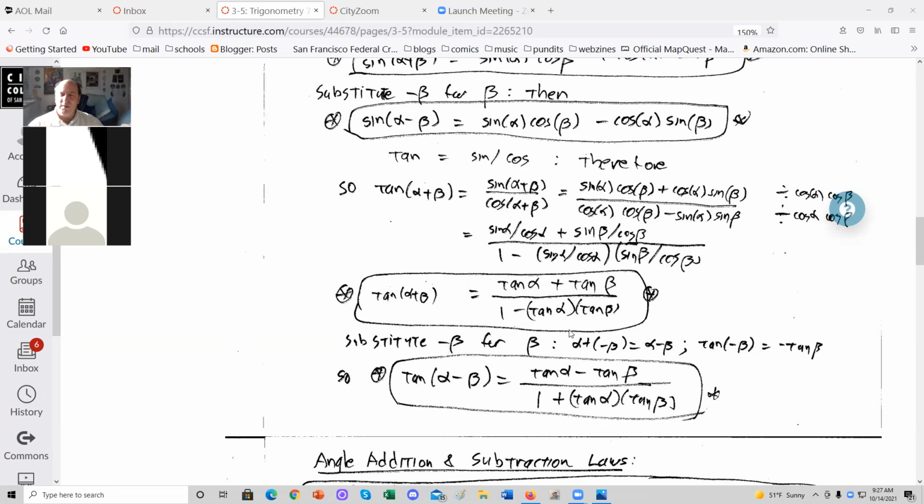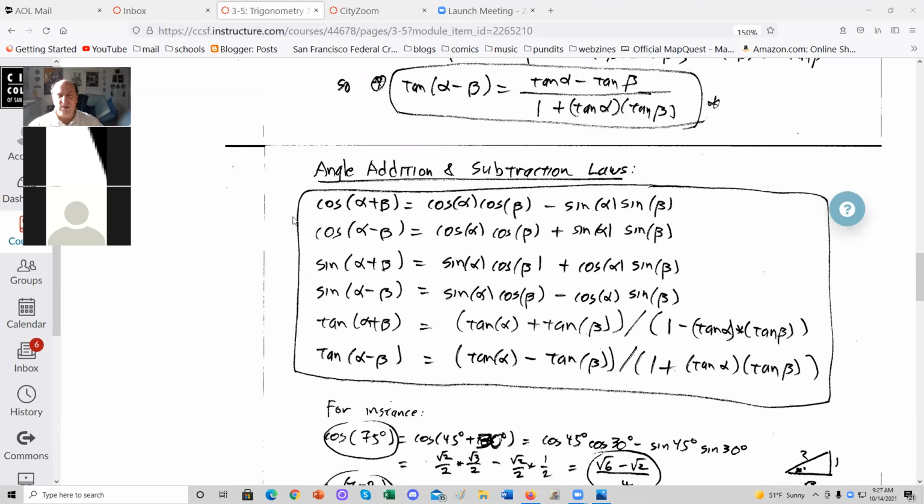And if you substitute negative beta in for beta, this term switches sign, this switches sign, and you get the tangent of alpha minus beta is tangent minus tangent over 1 plus tangent tangent. Okay, so here these rules are all summarized. And you can find them in the book. So these are rules for cosine of a sum and difference, sine of a sum and difference, tangent of a sum and difference. These formulas. So, for example,